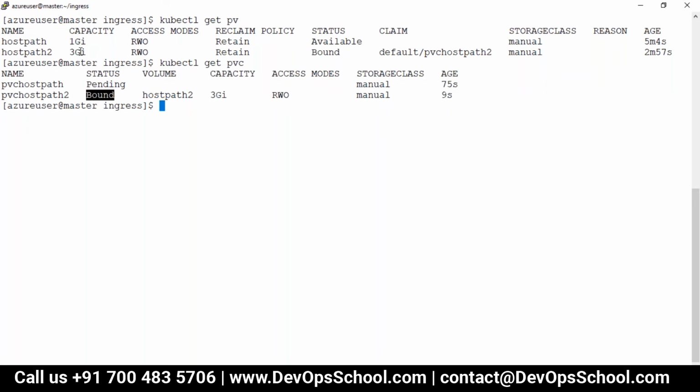Since I demanded 2 GB and the maximum smaller one is 1 GB, I got the 3 GB one. It's more than my requirement, but whichever was available, I got it. You see here, this PV is bound, but this PV is still available. So what is the PVC you created? Host path 2. Understood, guys? So you, as a user, will do that PVC. Understood that?